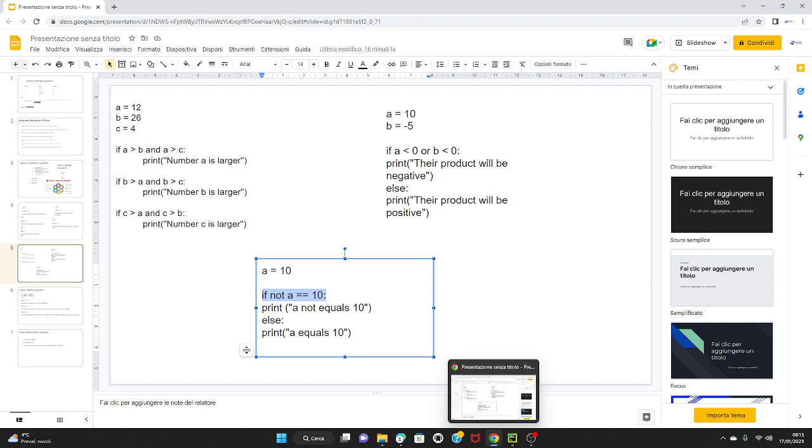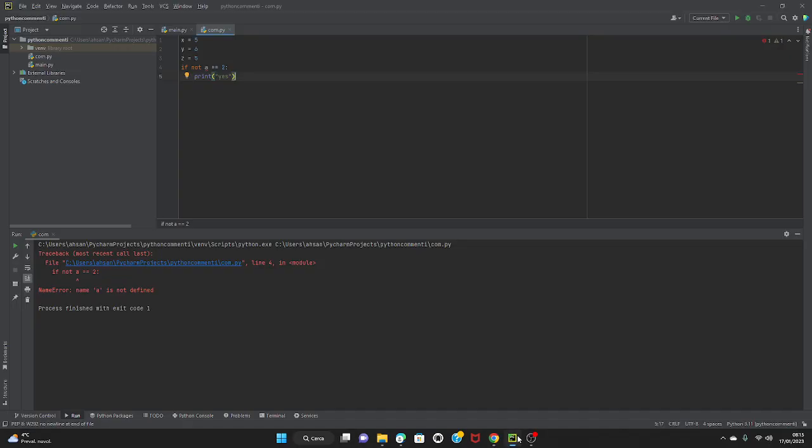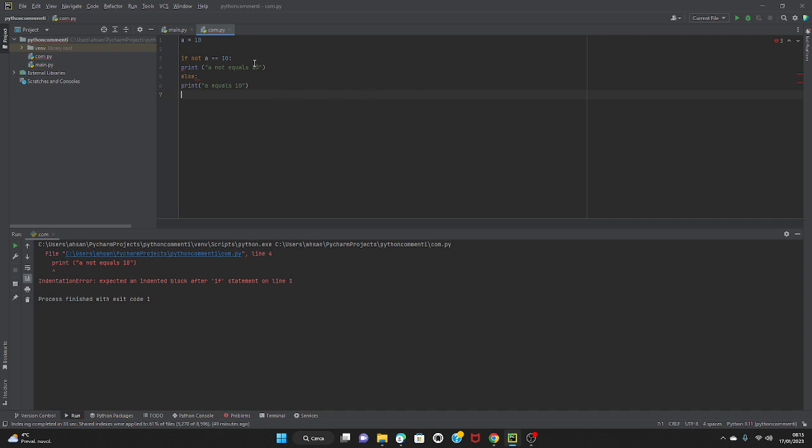We can copy all of the examples. We can copy and line 4. What's the problem of this? print if not